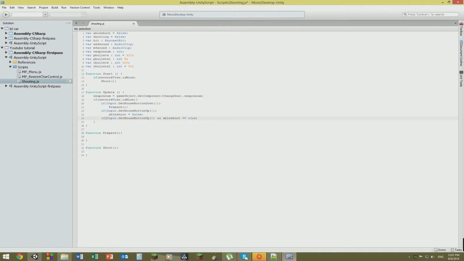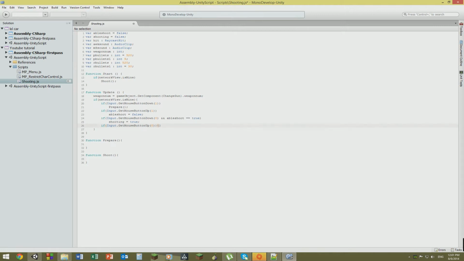Then shooting equals true. So yep. Else, so if it's up, this must be down. This must be down, and then